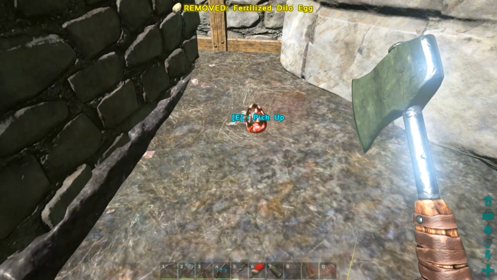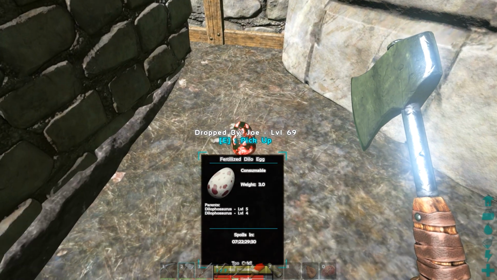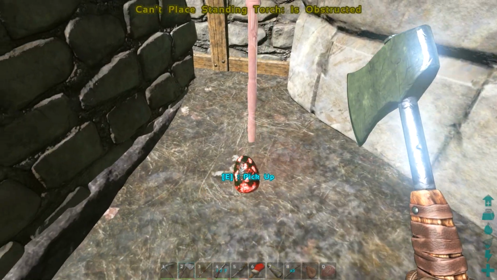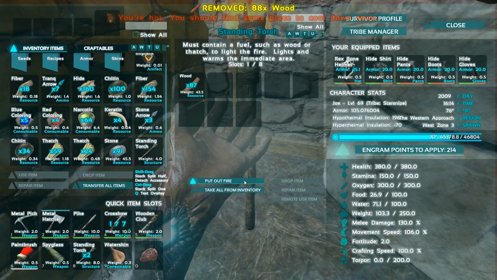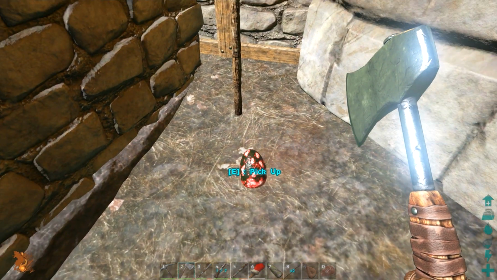Let's check up how you're doing there, big egg. Let me know. A little bit too cold. Okay, so we gotta solve this. And like I said, we're going to solve this, hopefully, with the magic of standing torches. Just throw some literally right behind it. Throw some wood on that bad boy. Light the fire. And the egg seems to be doing...